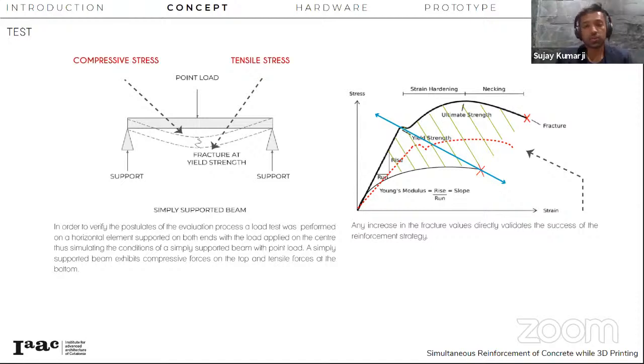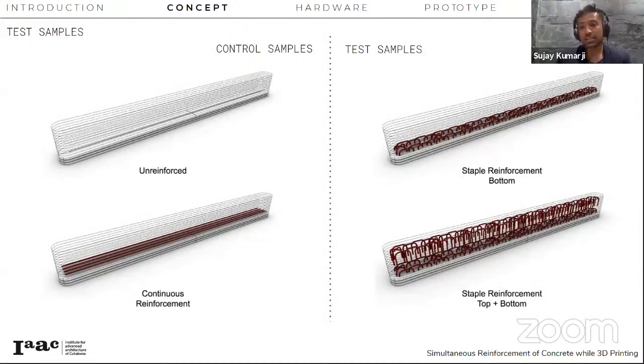So if you look at the image on the right, between the area where the concrete fails and where the steel yields, anywhere within that range, if we were to manage the failure of our printed segment, then we could consider that some amount of tensile stress can be tackled to a certain degree within the printed element. So based on that, we started with our test to see how our concept works